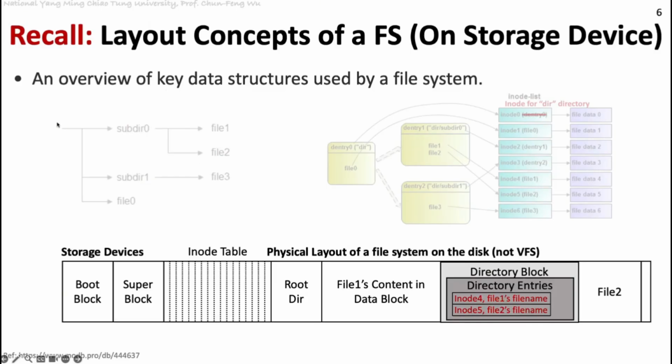For example, if you start from the root, you can find the child directory from the root, and then the child directory from the child directory. So you can go deeper and find out all the data in these file systems. It all starts from the root directory and checking the directory entries one by one. So this is a quick overview